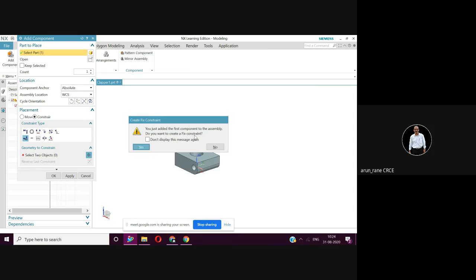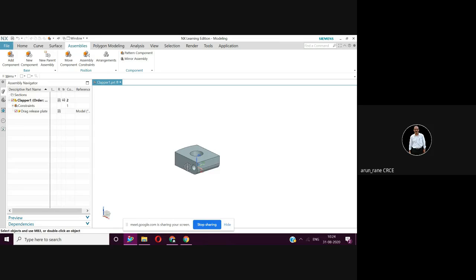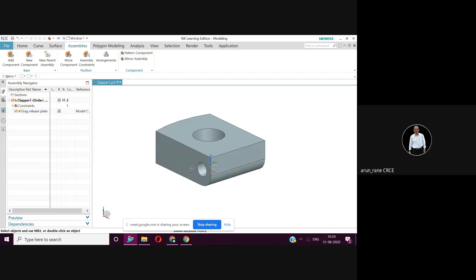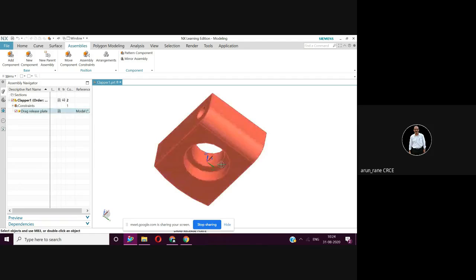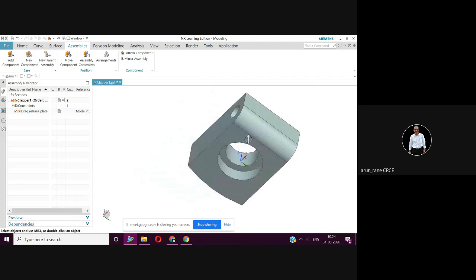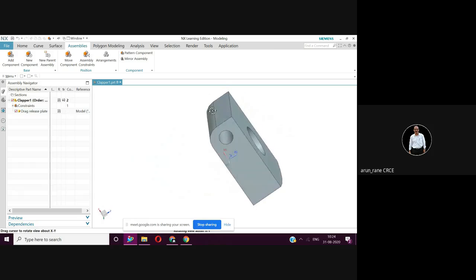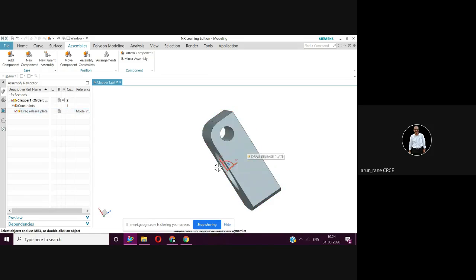Do you want to create a fixed constraint? Yes, I'm not going to move this. So yes. Zoom it, rotate it. You have to rotate by middle button, and pan by middle button and the right button.